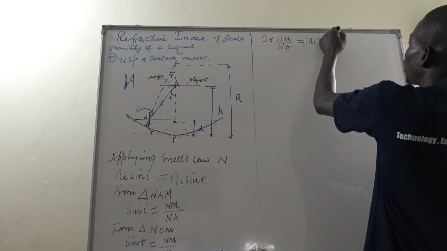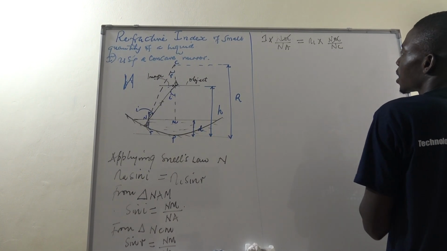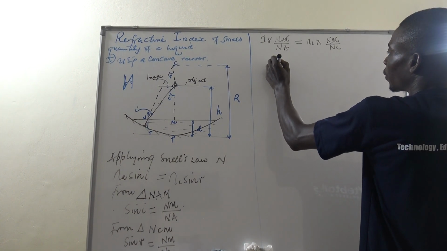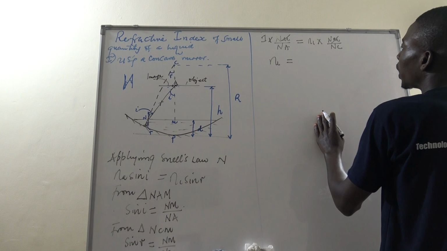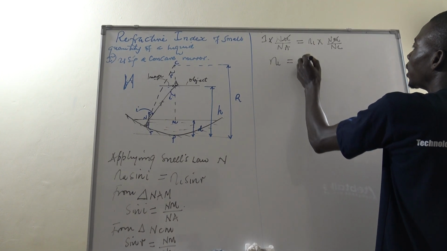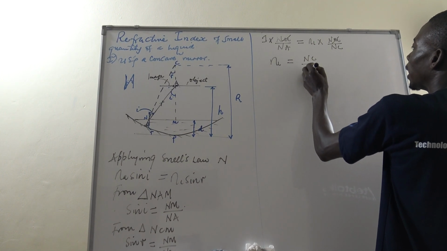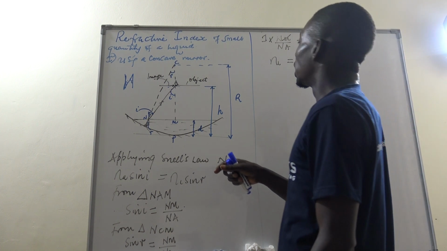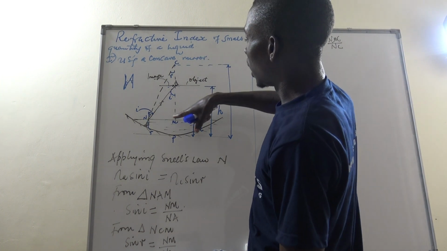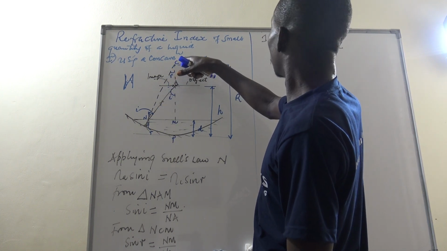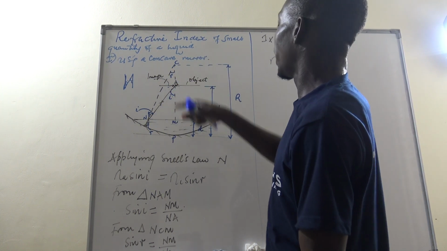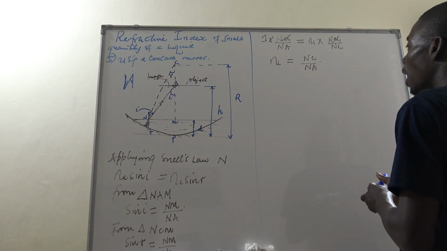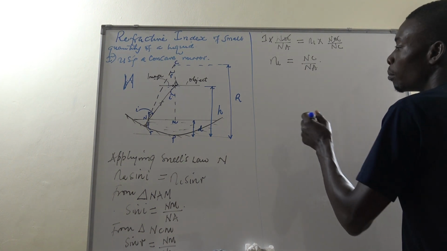So you realize that this one and this one cancel. And then I make the refractive index of the liquid the subject, to be now equaling NC over NA. So we're saying the refractive index of the liquid is equaling NC divided by NA. And then there we can now make an assumption by saying that